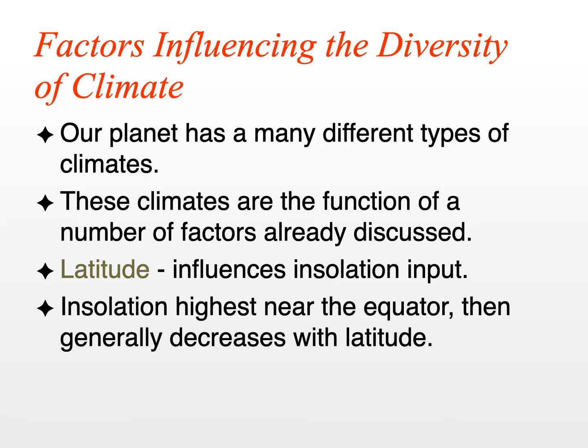So we've learned how input of solar radiation influences temperature. Now we've got to look at this in a little bit of a different way. We also have to include precipitation. So what I want to do is just describe some of the factors that influence the climates that would be perceived at various locations on our planet. So we've discussed some of this. What's missing from it is the precipitation component,